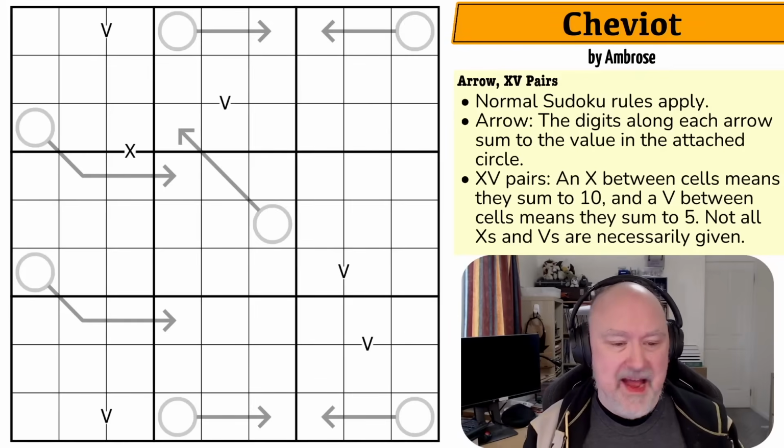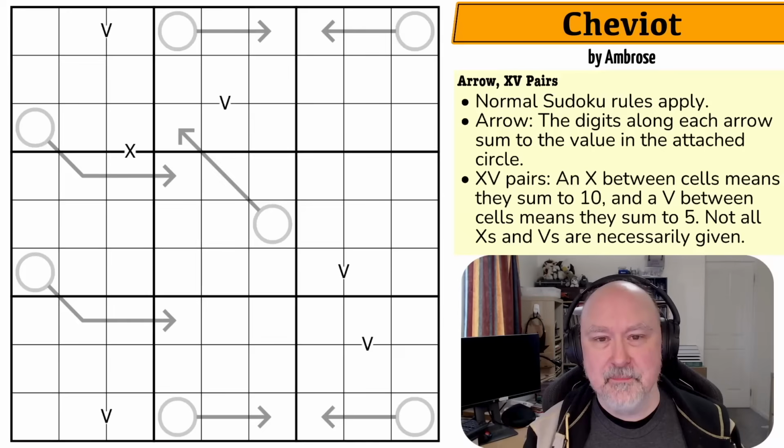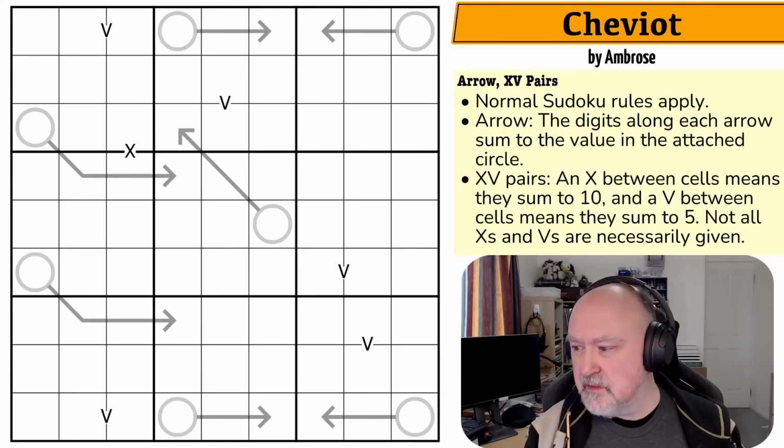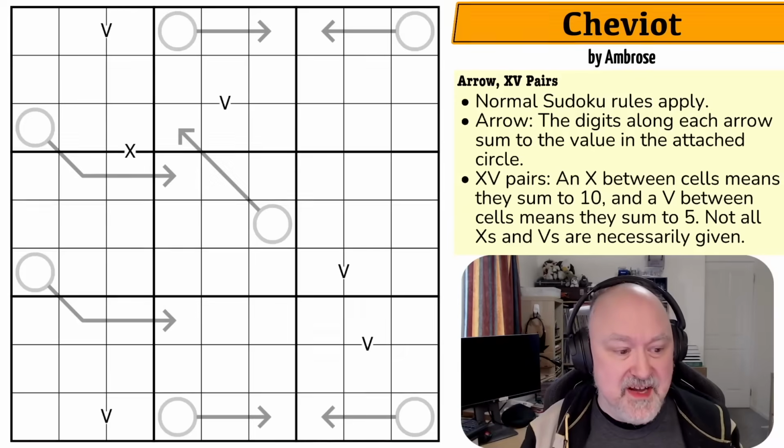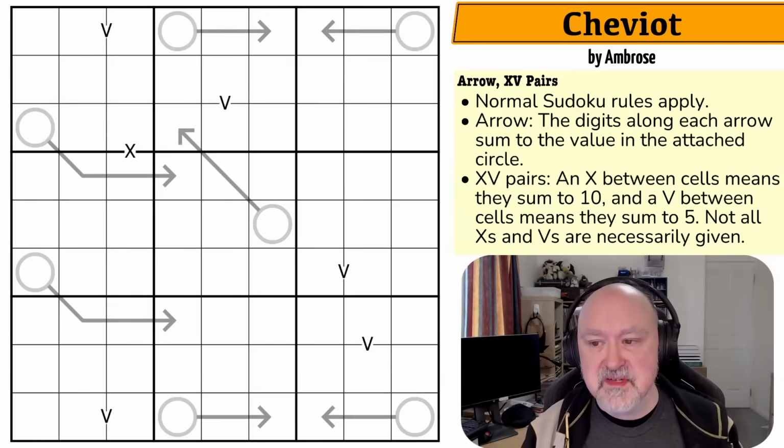Ambrose called out that arrows was the constraint that he felt that he understood the most. And there were a few puzzles that were called out explicitly, the first one being the well, and then there was 14 times 2 or something, the one I did yesterday. I've got this one on screen at the moment. I don't even remember the name of yesterday's puzzle. And of course, this is Cheviot,